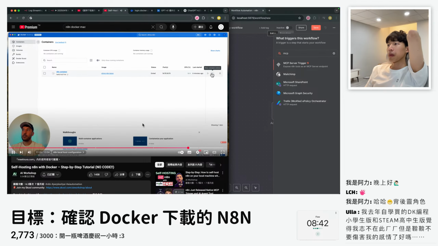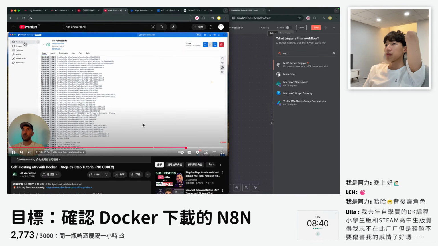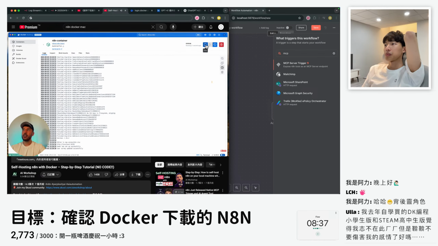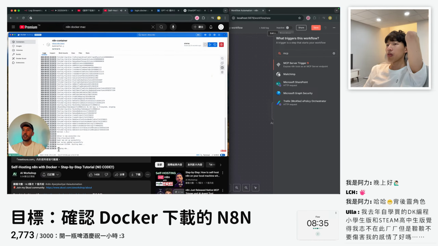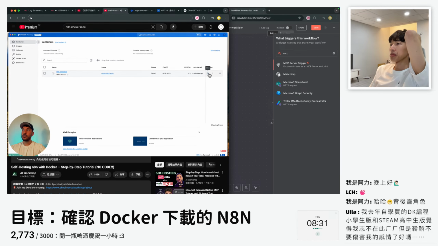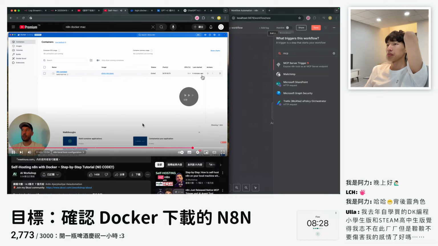So now, and it's stopped. And it's running, all you have to do is come to the container and then right here it says stop, click on this. And it says stopping N8N, as you can see in the bottom here, and it's stopped. And as you can see, now the site can run it to your.